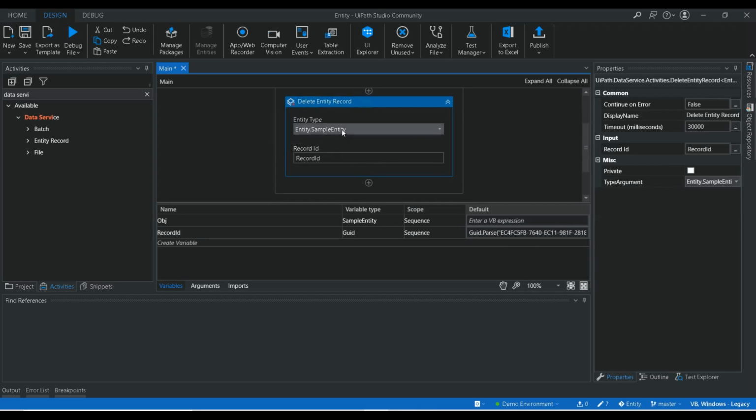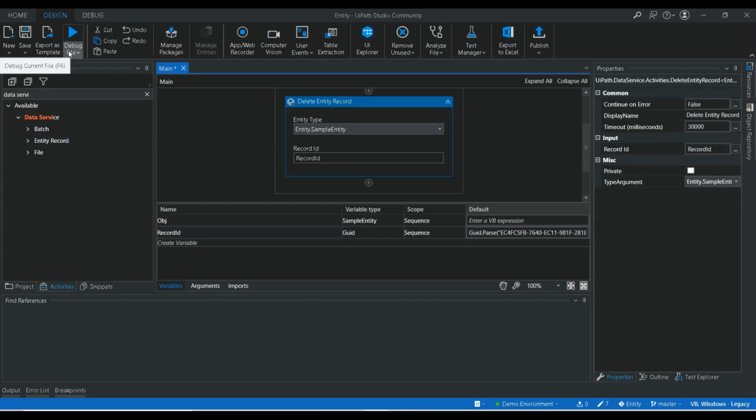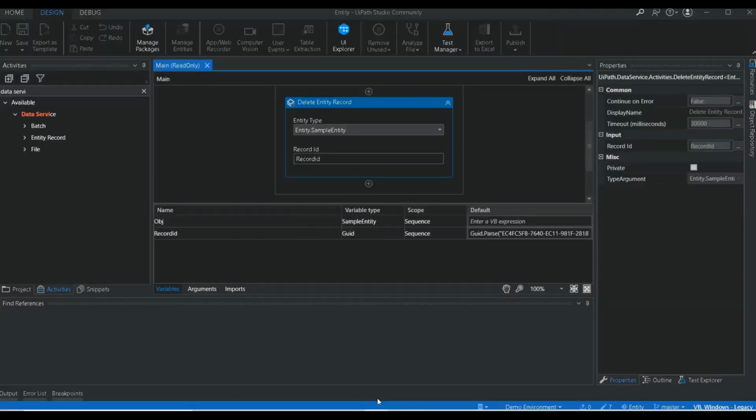So we selected the sample entity, then we created a variable, and inside the variable we are going to pass the id for automation. Now I'm going to execute this flow.